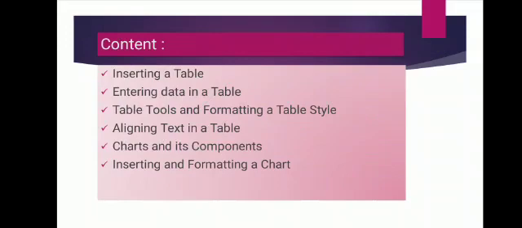Before starting the chapter, let me inform you that at the end of this video, I have given some questions related to this chapter. And your work is to find the answers to those questions and write them in your computer assignment copy. Clear? So listen to the explanation carefully.